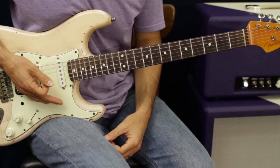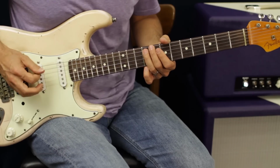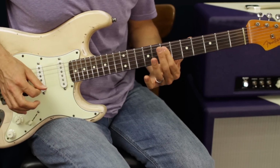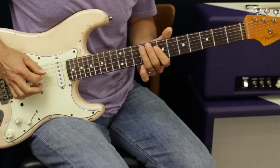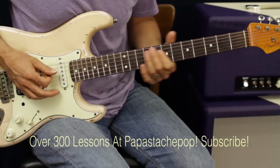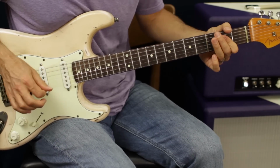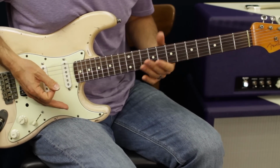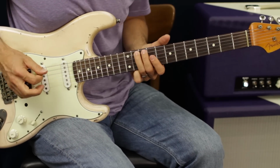So the second half of the riff is very similar to the first half of the riff. You're going to start off the same. And then you're going to come back to 9 and 11 and then go down to A. Okay, so all together you got... That's the second half. Okay, so if we do it all together from the beginning, we got...